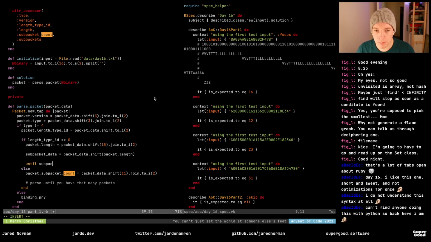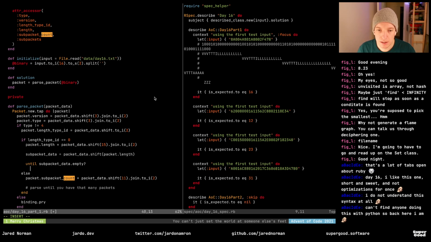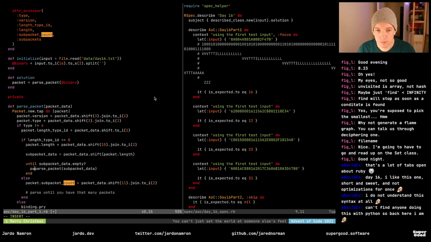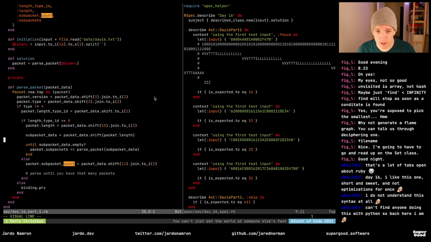Until subpacket data is empty, parse packet subpacket data, and I'm sure we've made a whole host of hilarious mistakes here, but